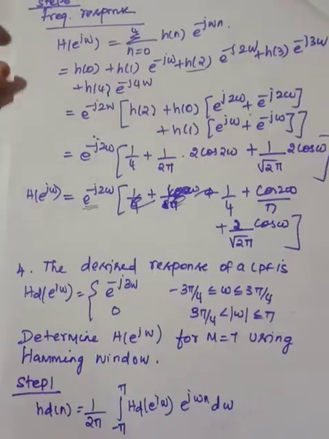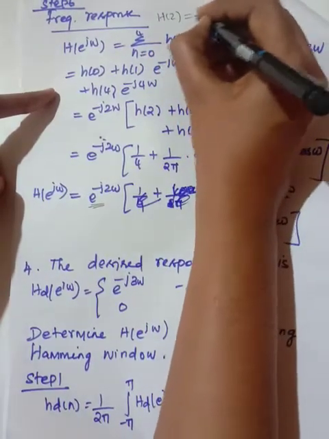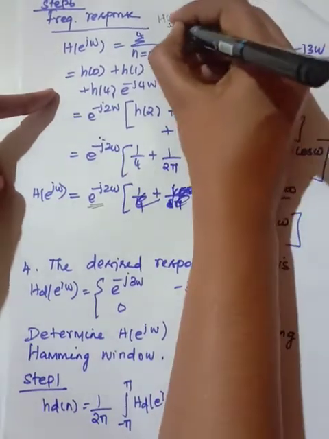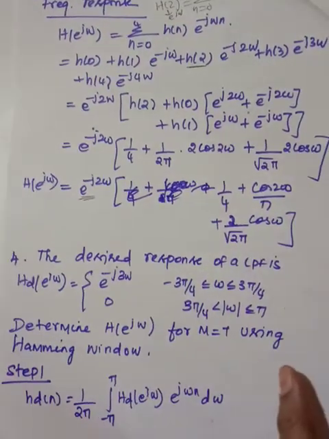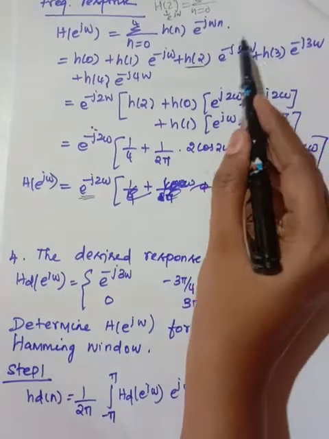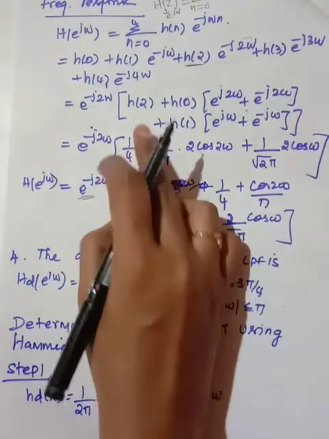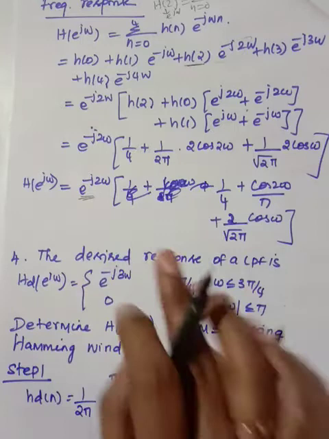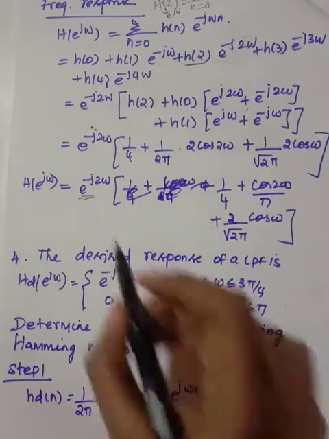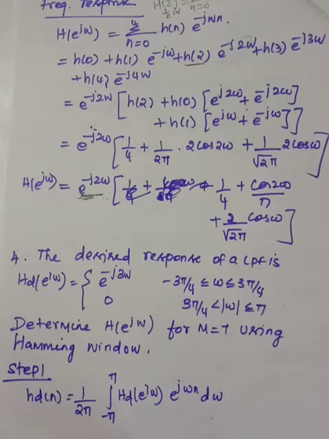Okay, so the next one is, here I am finding hd of 0, w of 0 and h of n. Finally, finding the frequency response. The frequency response will be obtained from the transfer function, that is summation n is equal to 0 to n minus 1 h of n z power minus 1, and by substituting z is equal to e power j omega, right? The same thing we have done here. Here the center value is h of 2, so I have taken this outside. This we have seen in the linear phase FIR filter, right? So after substituting all the values I am getting the response like this. There is no need to make this function realizable because already you have a delay, so there is no need to multiply this by a delay function.